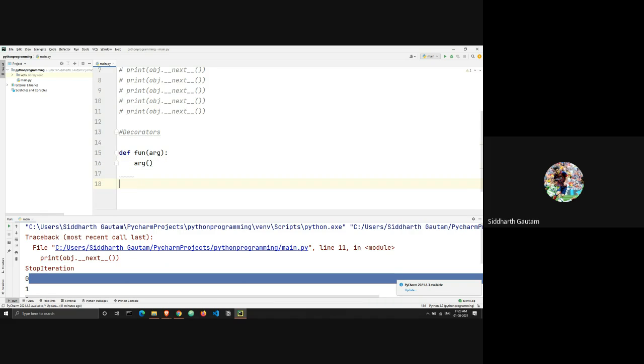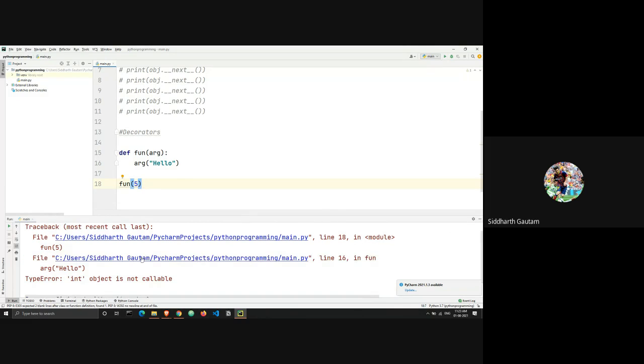So let's try to run this function, and let's give it some parameter, the parameter hello. I will call this function fun. Just to show you some errors, I will give it the value of an integer, 5, and I run this and let's see what it gives us. It says the int object is not callable.